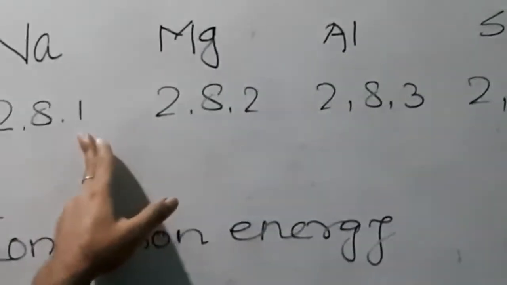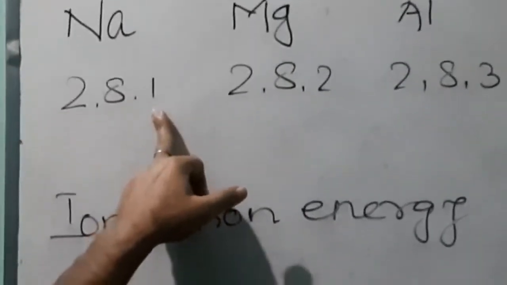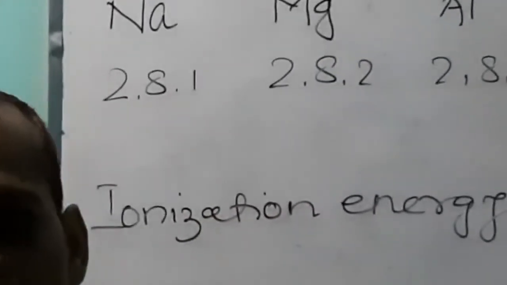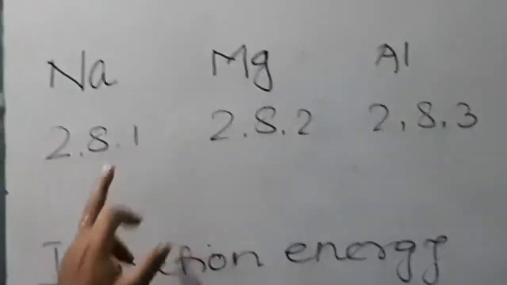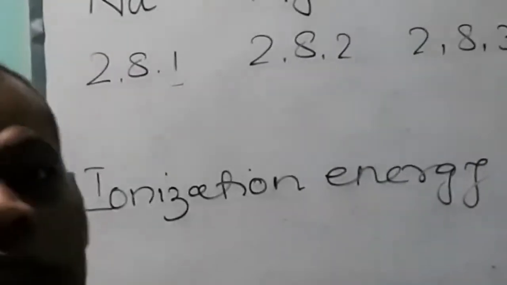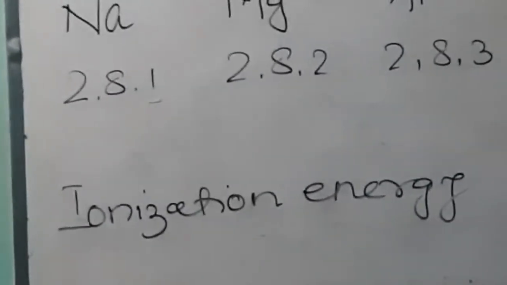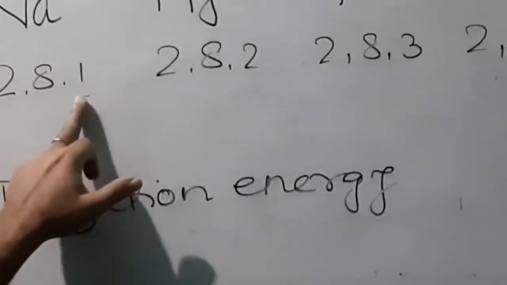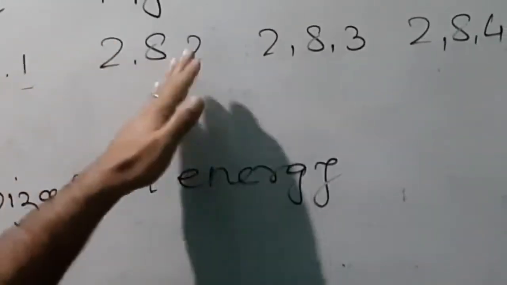Sodium has one electron in its outermost shell. So in order to achieve the stable electronic configuration like that of neon, sodium has to lose this electron, and for this the energy is needed, that is called ionization energy. Now sodium has to lose one electron. If you talk about magnesium, magnesium needs to lose two electrons,